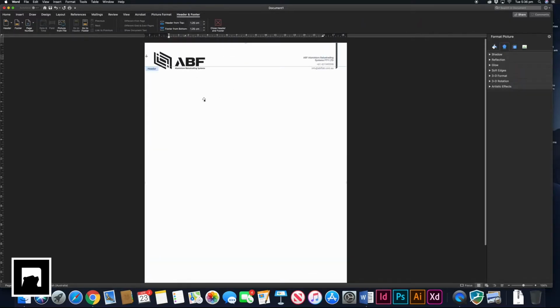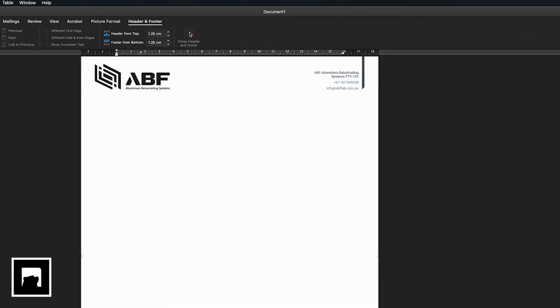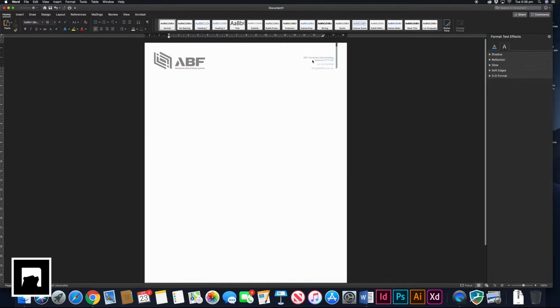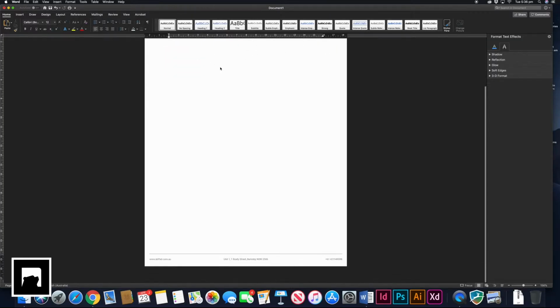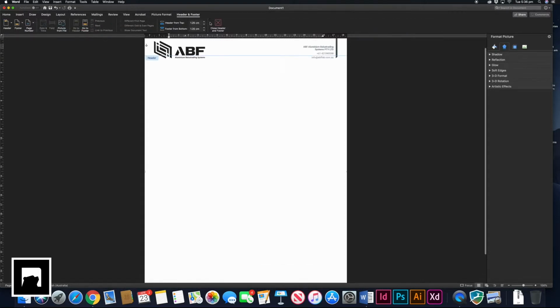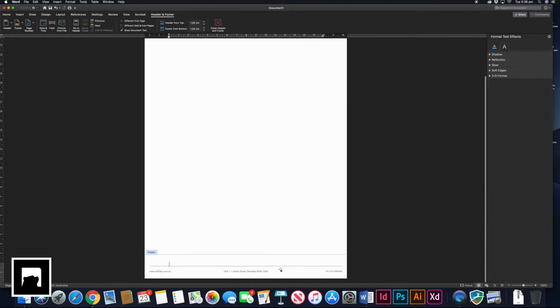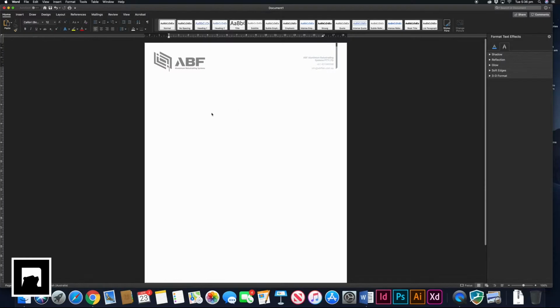I'm still in the header and footer section, so I can't actually add anything in here. So once I'm in the header and footer section, I'll just close header and footer. And you'll see this go light. So this is not how it will print out. This is just showing you that it's locked. And if I double click, I'm back in. If I click out, it's locked again. So if I click and drag, I can't move this image behind. Only if I double click on the header or footer itself. So once that's done, it's good for me, so I know I'm not going to move anything by accident.